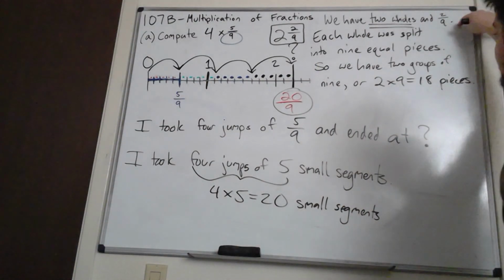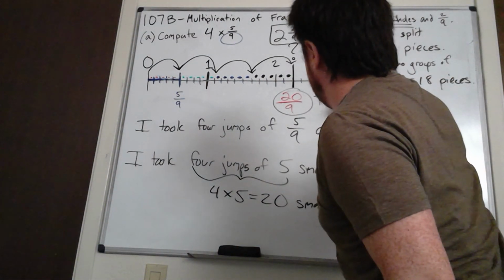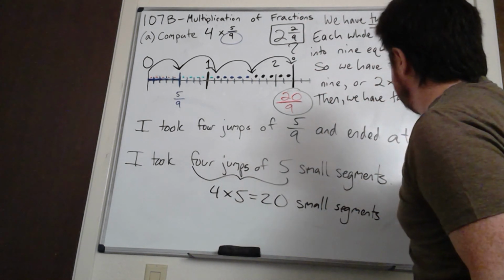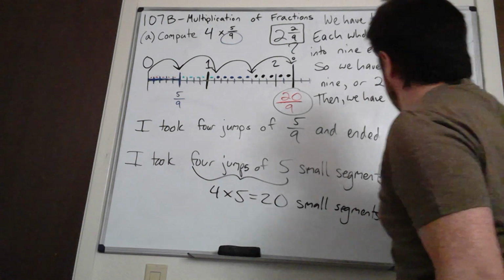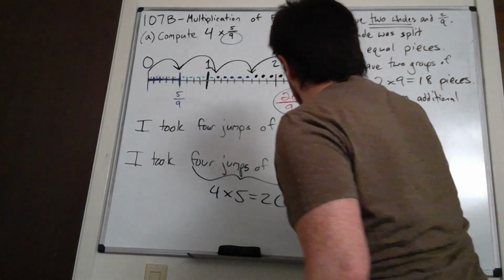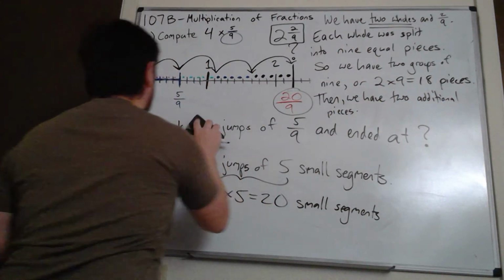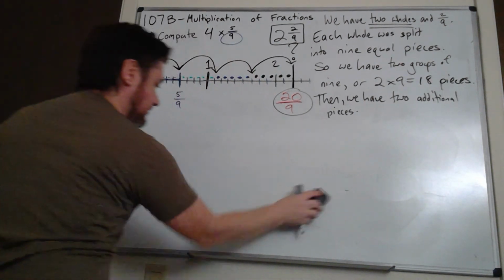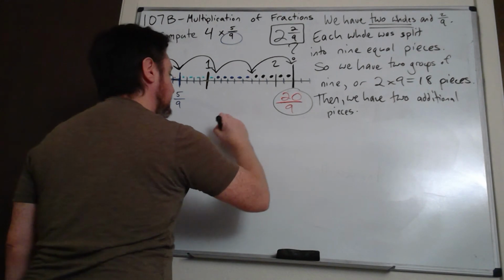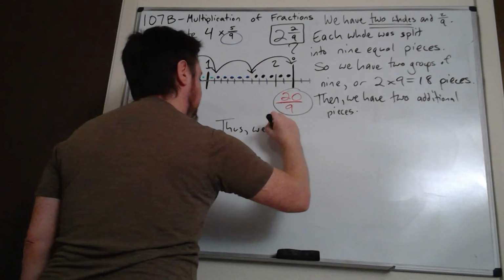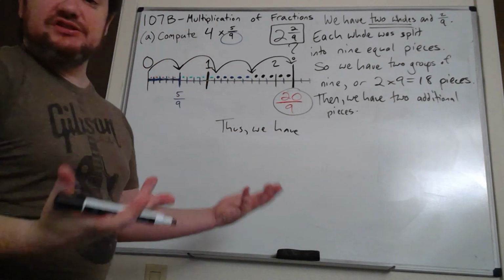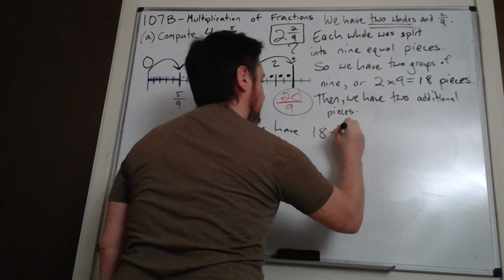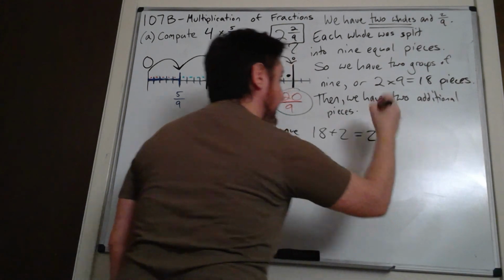Then we have 2 additional pieces, this line right there. Let's sound fancy. Thus, I'm explaining this in terms of whole numbers. We had 18 pieces, now we have 2 additional pieces, so thus we have 18 plus 2, which is 20 pieces,